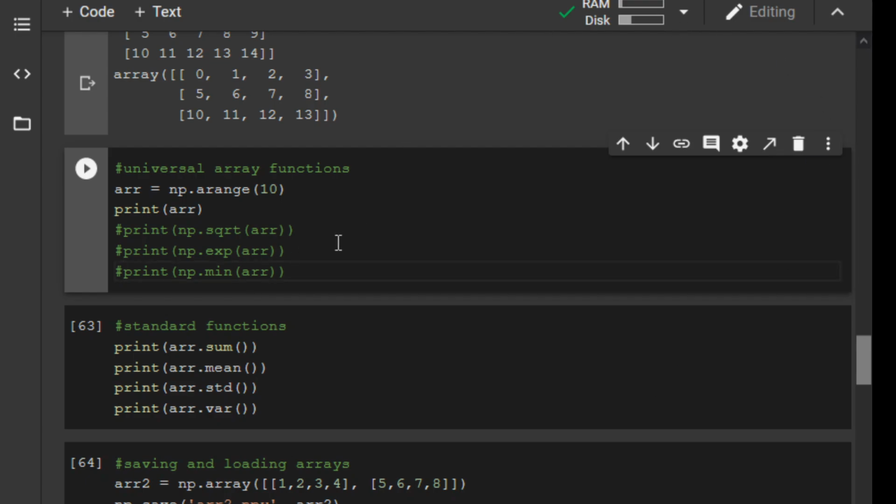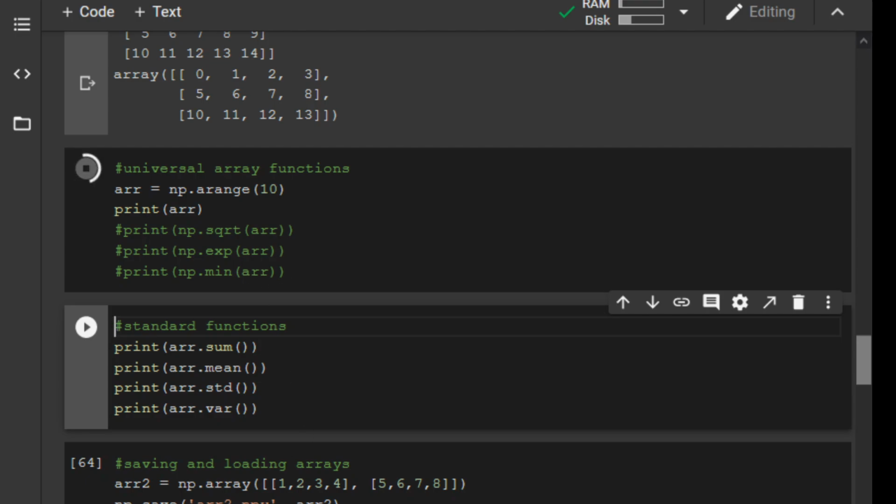We are going to be talking about universal array functions. Array functions are just functions that you use on your arrays. So here I've created an array of range of 0 to 10. So let's print our array to see this. If we print this array, we have